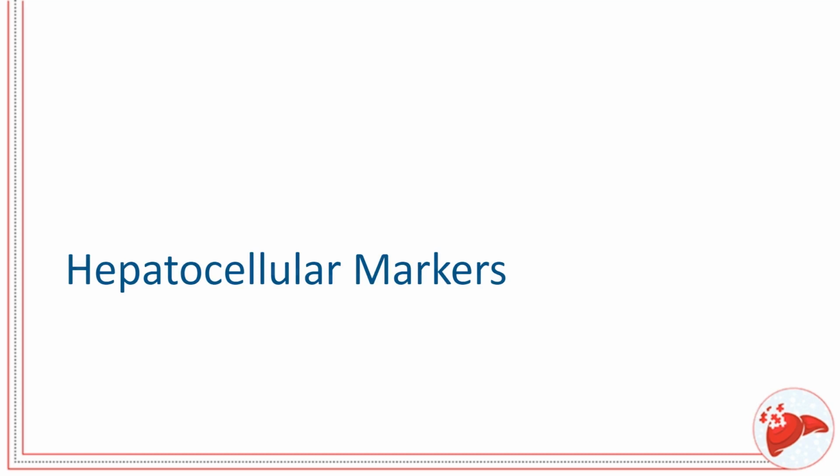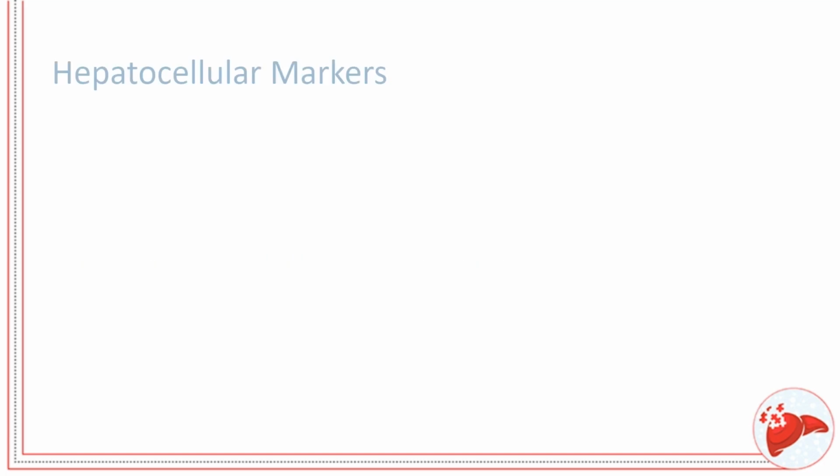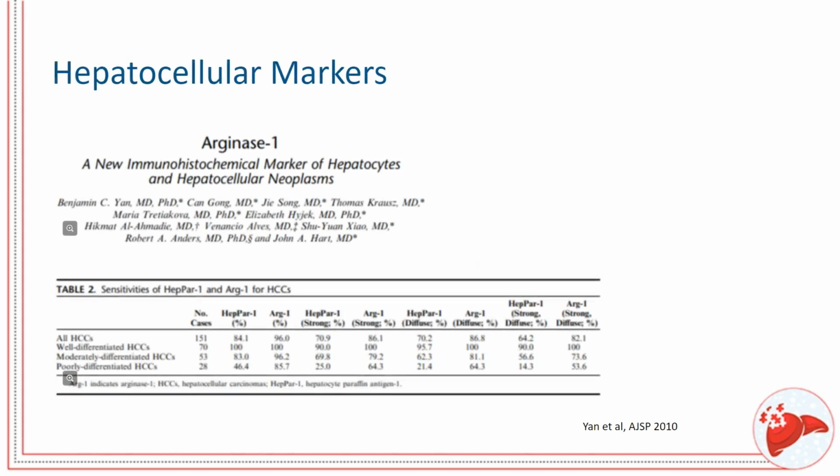I think it brings us now to hepatocellular markers and some important words that I'd like to share regarding those. So arginase 1 is the single one of the IHC hepatocellular markers that I really like. I prefer it to HepPar because you can see here, when you consider all the HCCs, arginase is strong and diffuse in almost 90% of those, whereas I think HepPar-1 is strong and diffuse of the order of 65%. This is in the hands of those colleagues at the University of Chicago. I think HepPar is probably strong and diffuse in a greater percentage of cases in our practice, but arginase definitely